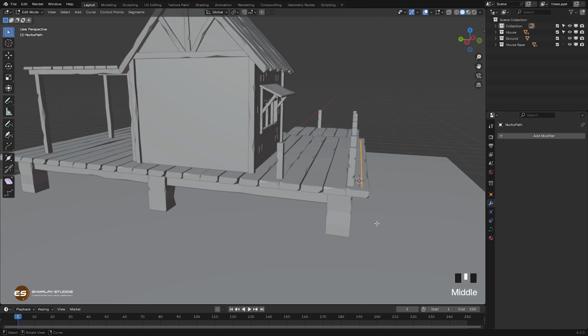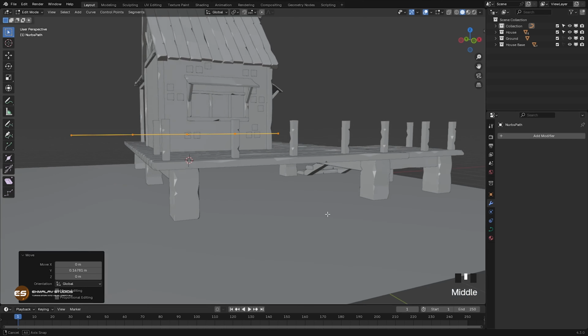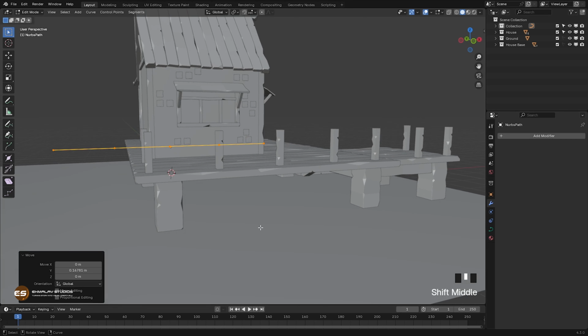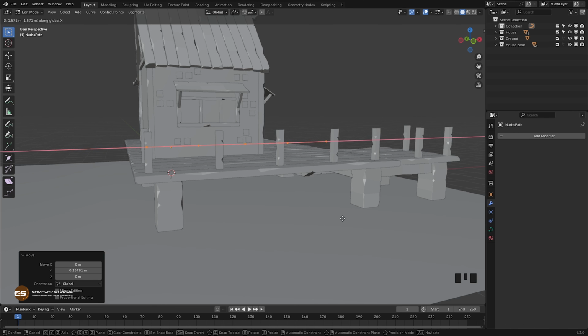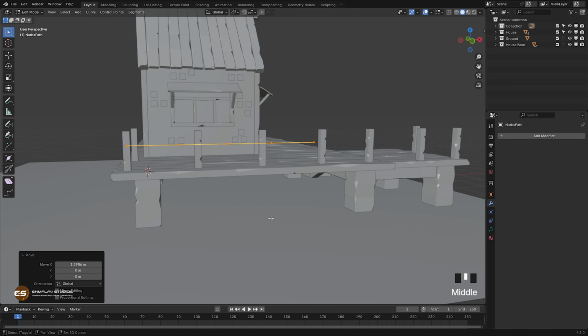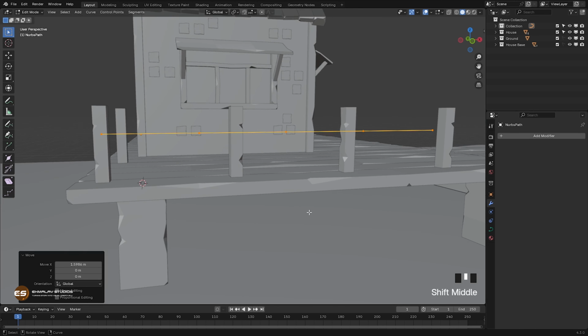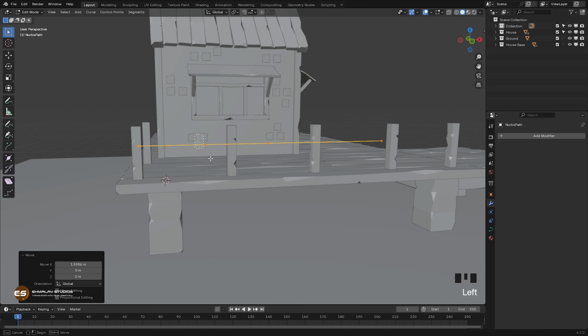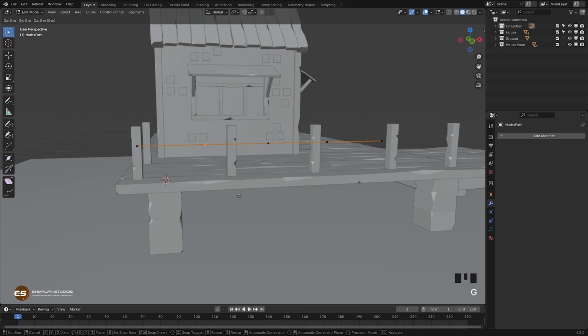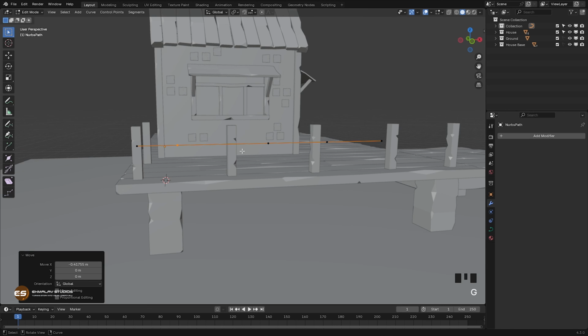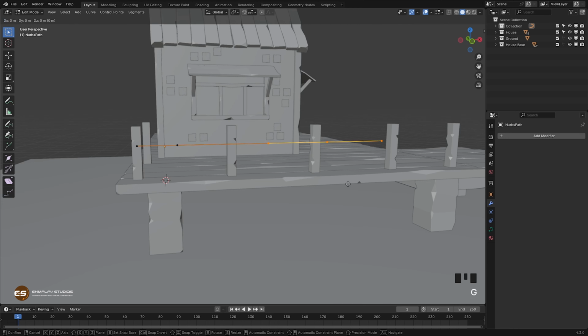So select all of them, G and Y, move to the middle, and G X, let's move them around, G X, all of them, G X,